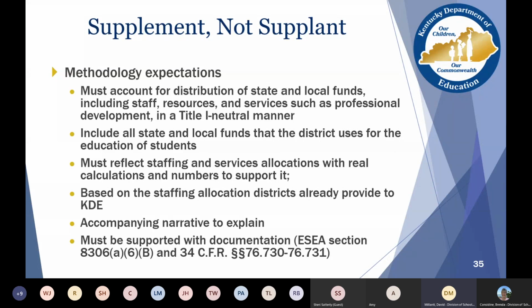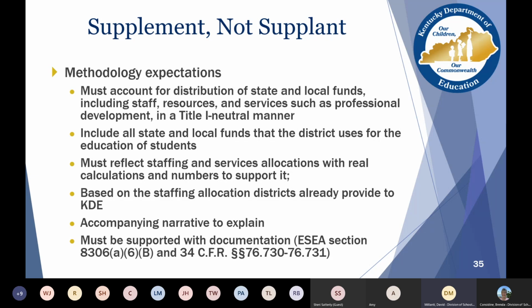This methodology is intended to be done one time, and unless the way you distribute funds and services to schools changes, the only thing you have to update is staffing formulas that show actual numbers of staff, and maybe dollar amounts that are distributed from other funding sources, state and local funding sources as well.